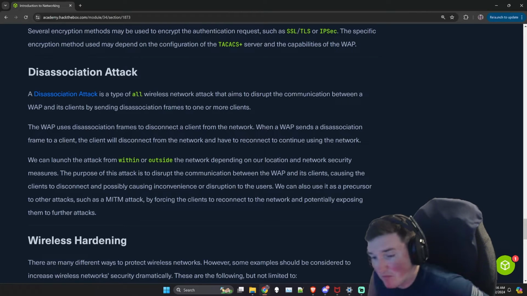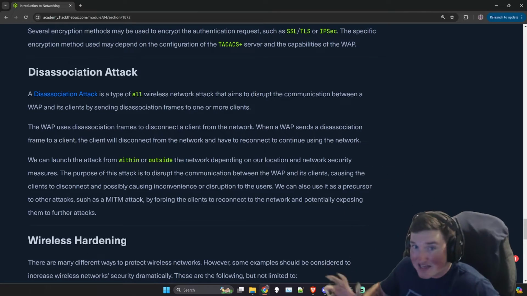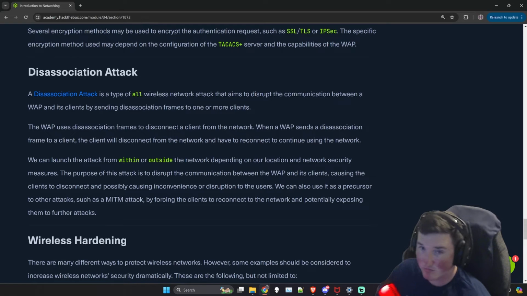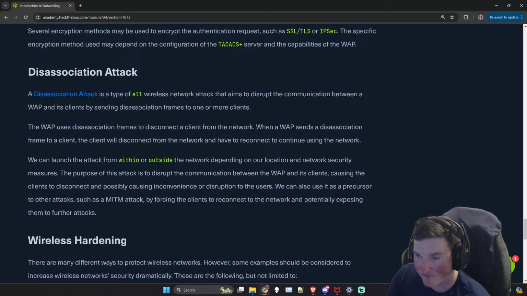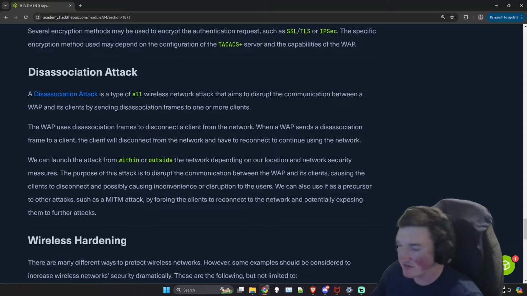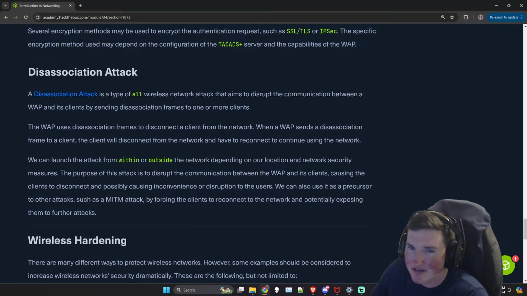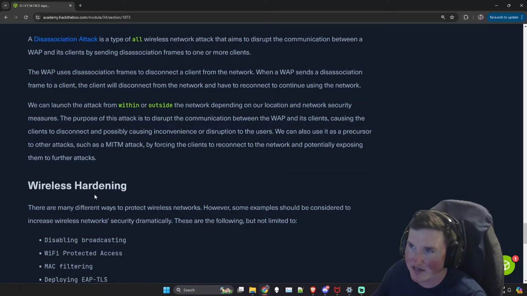But this is something that's very common. Everyone's susceptible to it. Why? Because nobody can stop you, whether they make it legal or not, from sending a packet to my phone if it's listening and saying, hey, disconnect. Nobody's going to stop that. Now, my phone might disconnect and then go, oh, it's back up, reconnect, right? But nobody's stopping you. That's how people can disrupt.